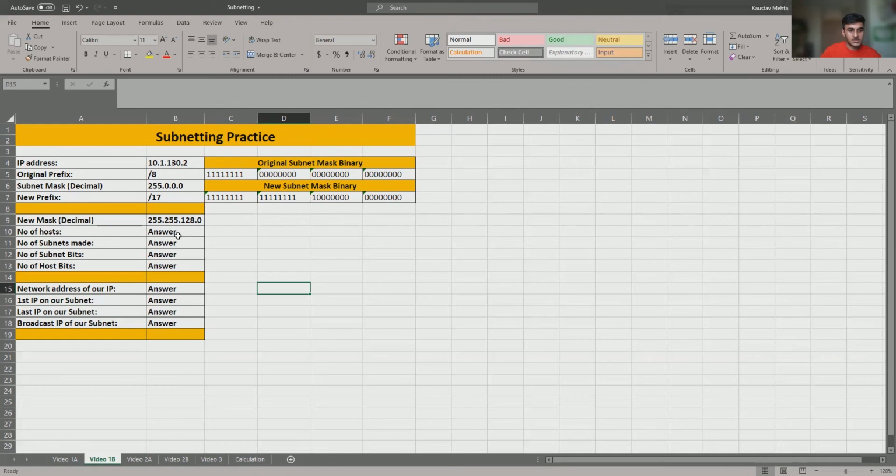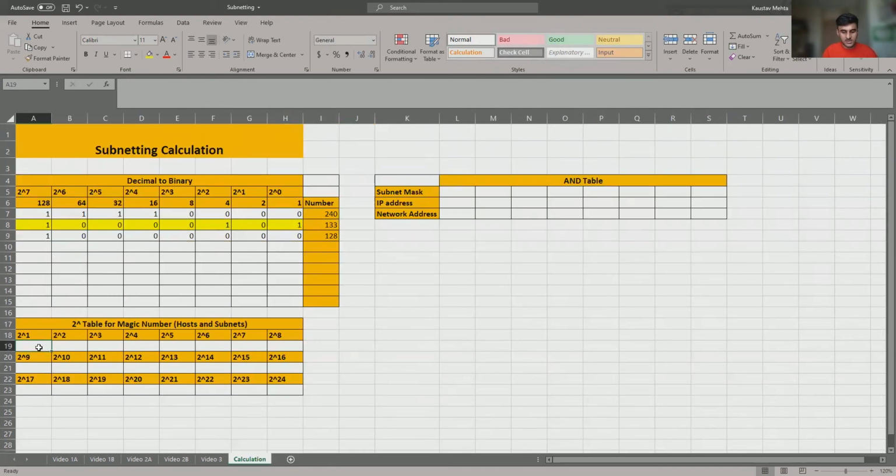Now the number of hosts here will be, we have 8 zeros, followed by 7 zeros. So that is a total of 15 zero bits. That means 2 to the power 15 minus 2. For this, I think we can use our table here again. So I have a table, let's just fill this in. So 2 to the power 1 is 2, 2 to the power 2 is 4, 8, 16, 32, 64, 128, 256,